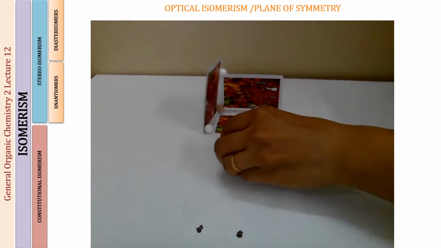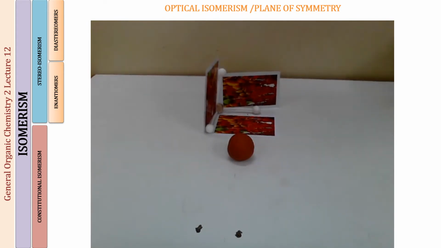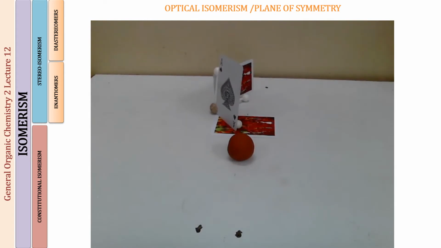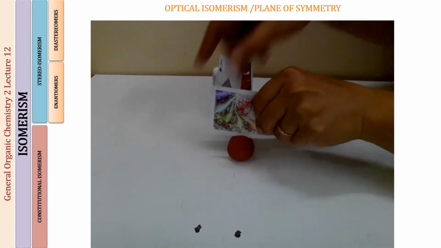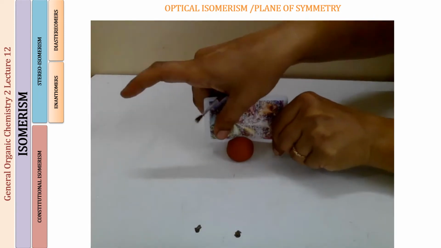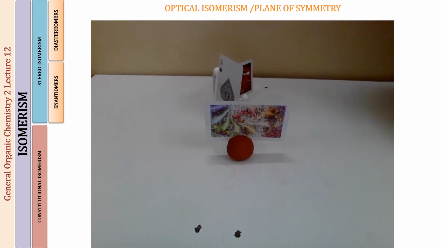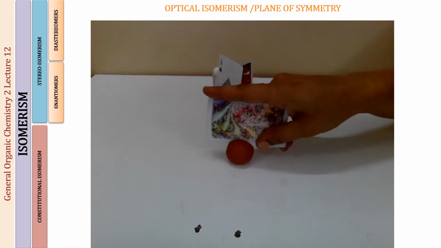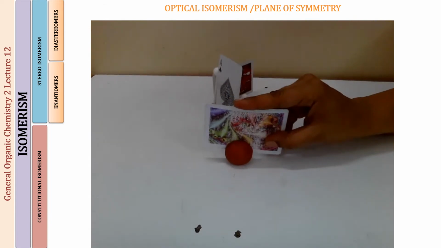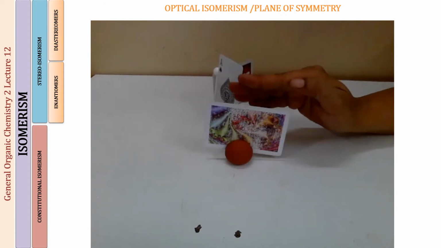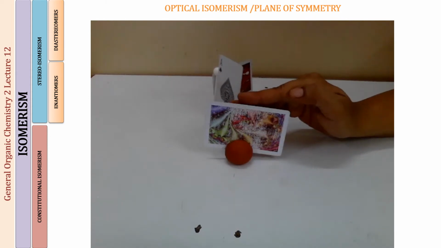I have here a sphere. This is an atom. I have chosen spheres because all atoms are spherical in nature. So I can cut it into two halves, and you can understand which plane this is. This is going to be the xy plane, and with this I can cut this atom into two halves. One half will be in front and one will go backwards. This is a plane of symmetry because it is cutting the atom into two equal mirror image halves.